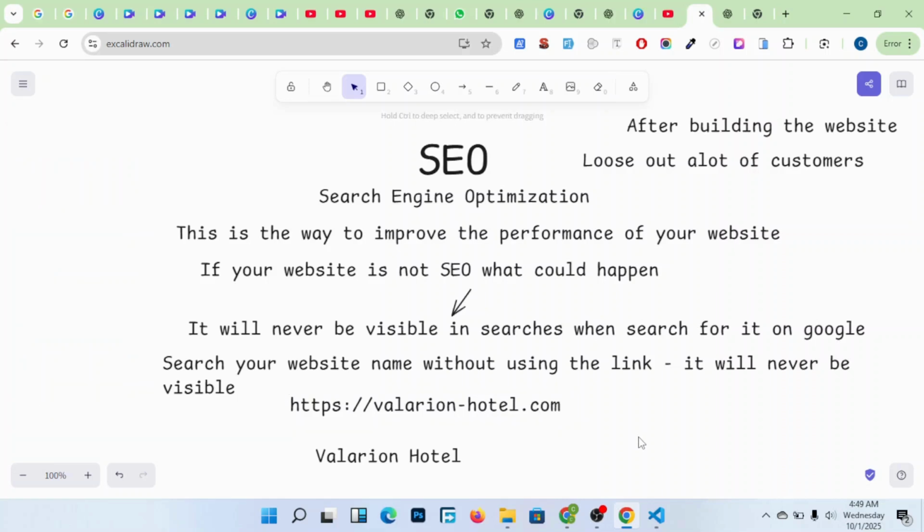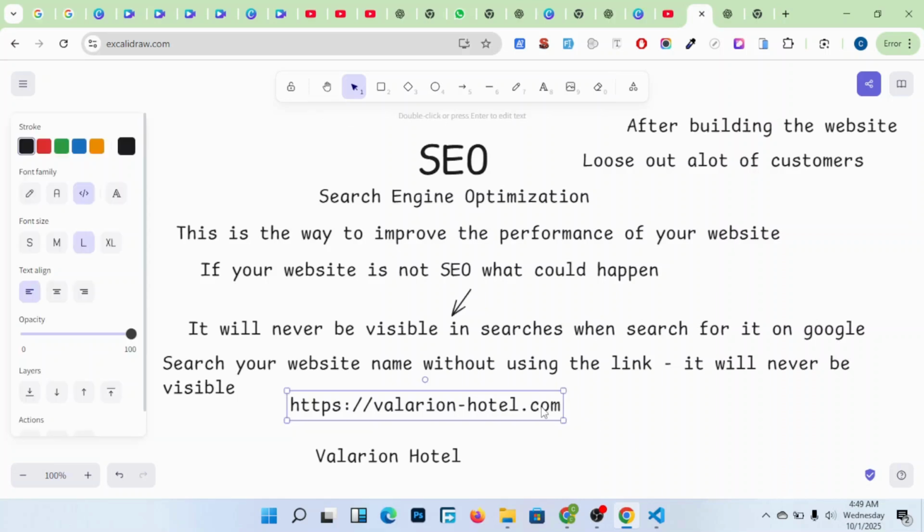The customer does not want to type this in, and doesn't know this. He knows only the name. So if someone searches only Valerian Hotel in Google, it should bring him your website. That shows that your website is SEO, or it has been optimized for the search engine.